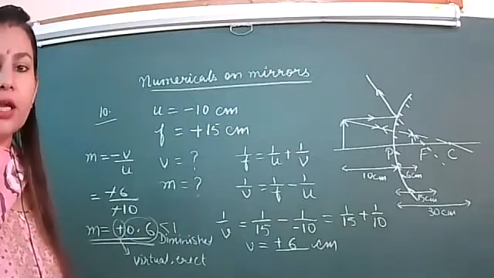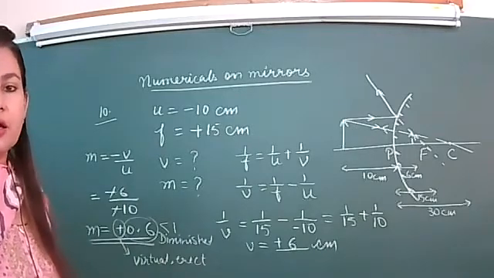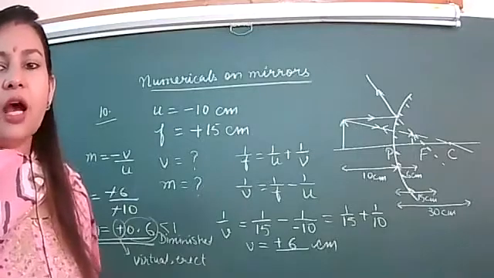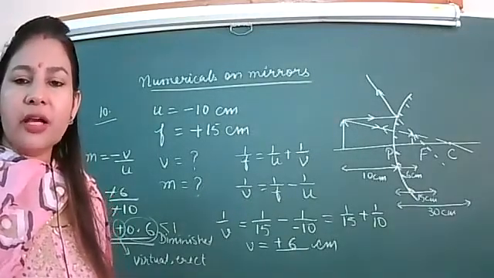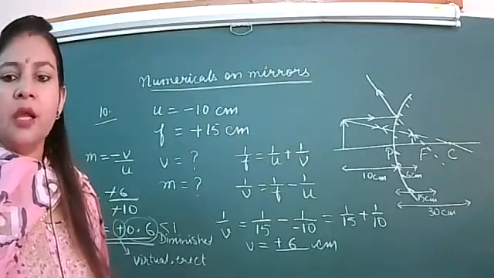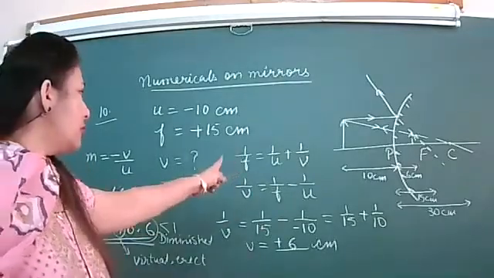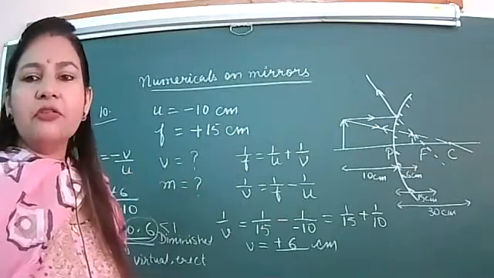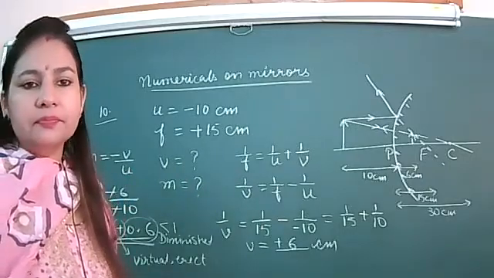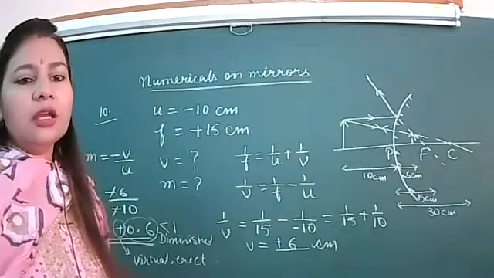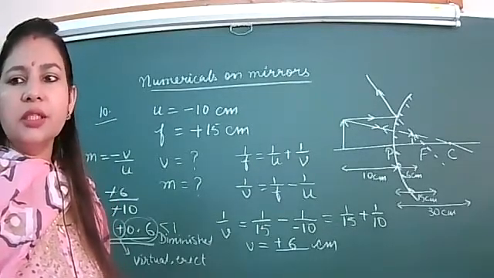So that is okay. So this is our whole numerical based on convex mirror. Similar way, but you have to take care of the sign conventions. Focal length of convex mirror is positive. U will remain negative. And the mirror formula will also remain the same. Magnification formula M is equal to minus V by U. That is also same. So all your expressions will remain the same. Is that clear, students?